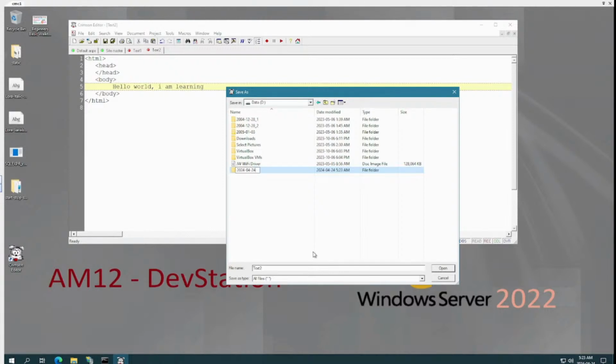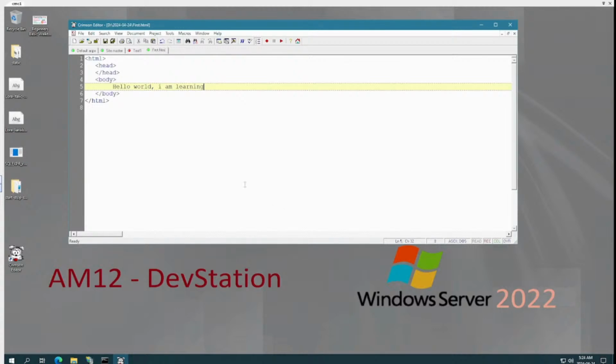So date is 24 today, right? Yeah. So in this one, inside this folder, I am saving it as first.html, right? So I am saving it. Extension matters here because the browser will pick up only the HTML, right? So HTML or HTM, or there can be others as well, ASP, or there are many extensions that are recognized